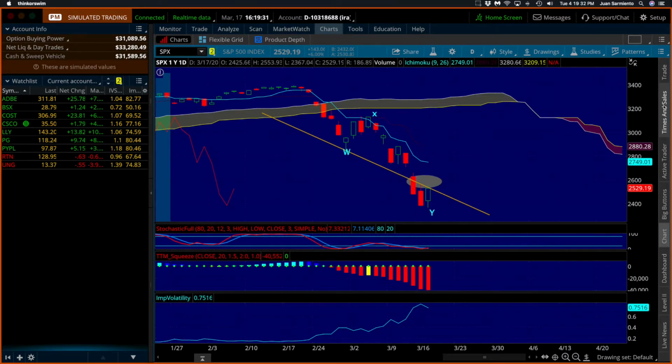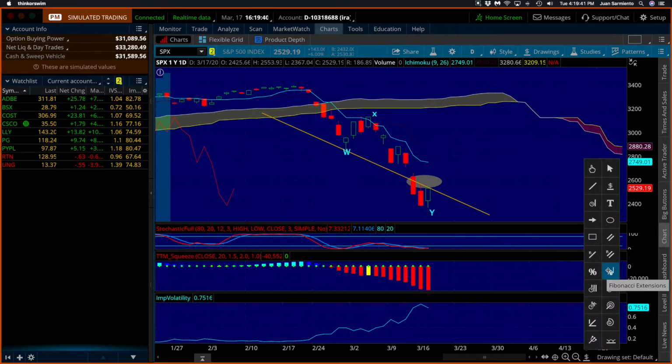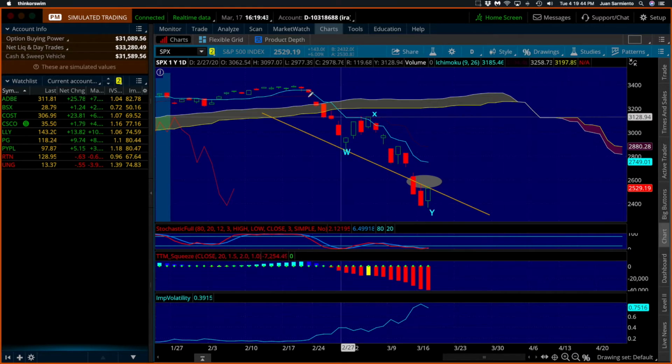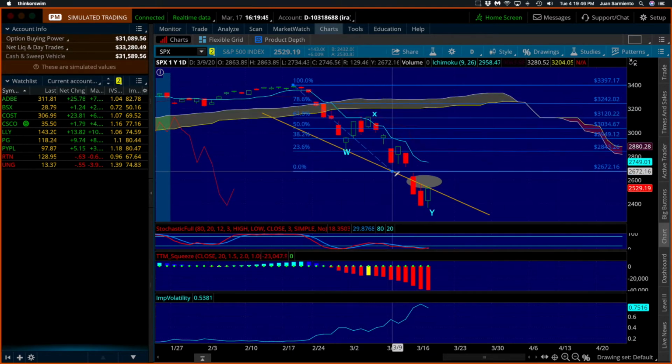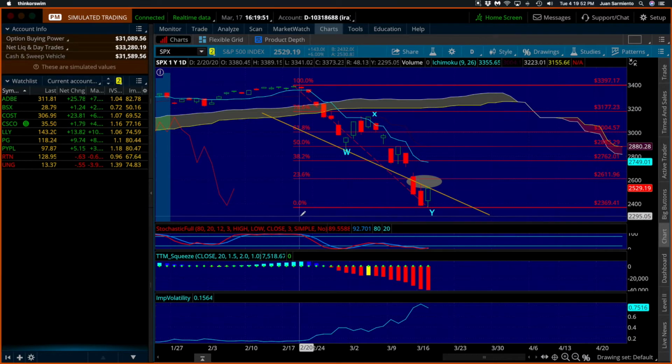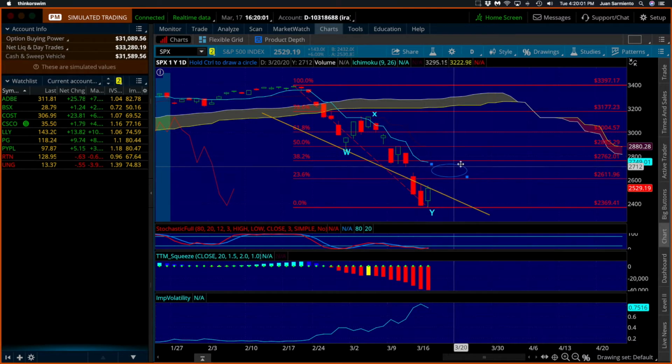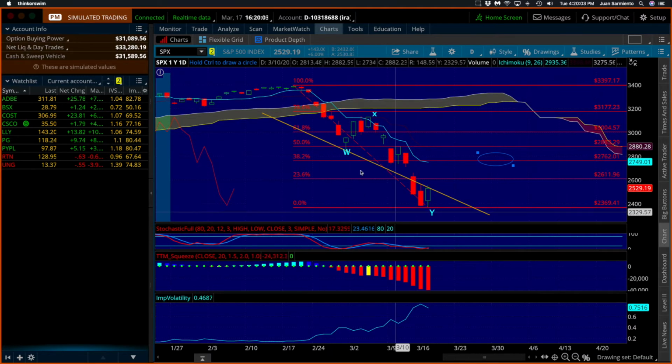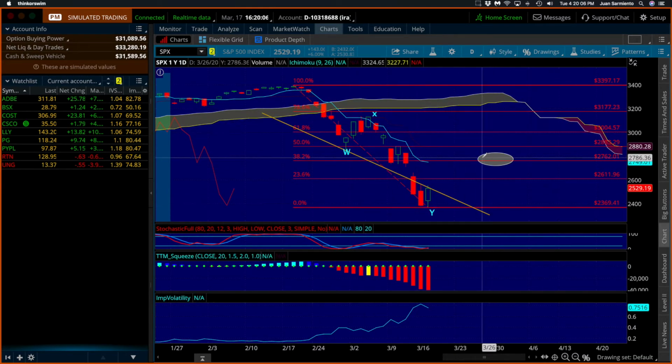So what I'm going to do is set my Fibonacci retracement here. Select Fibonacci retracement, and from the top here to the bottom, I set my Fibonacci retracements. So what do I expect? Well, usually 38.2% is a possibility somewhere here as a sort of V-shaped reversal. It could be 61.8 or 50%.